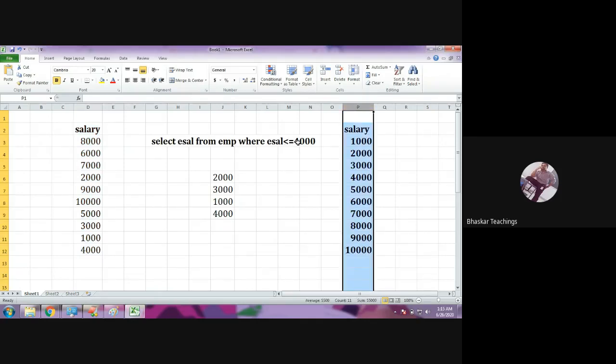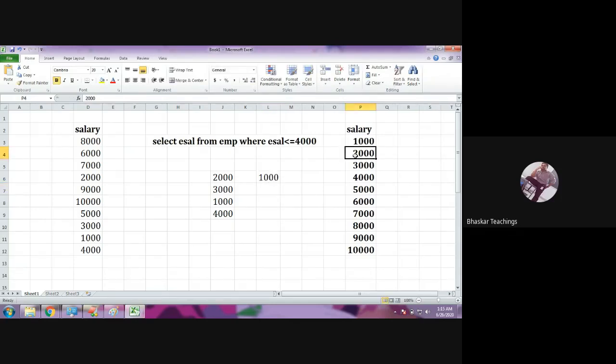The query is to retrieve the salaries less than 4000, so the first comparison is done. Yes, 1000 retrieved. Next, 2000, yes, it is matching the condition. Two comparisons are done. Next comparison, the third row, yes, 3000 is retrieved. Next comparison, 4000, yes, less than or equal to 4000, therefore it is retrieved.